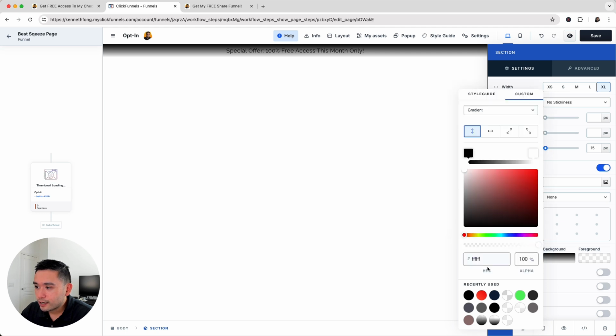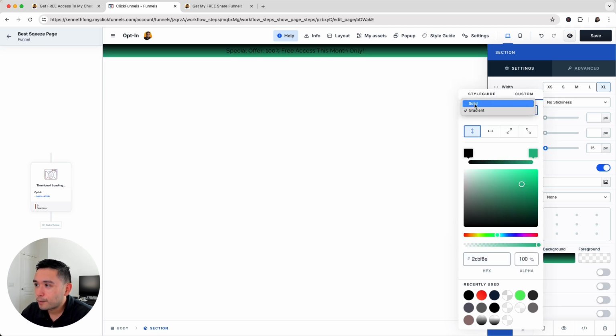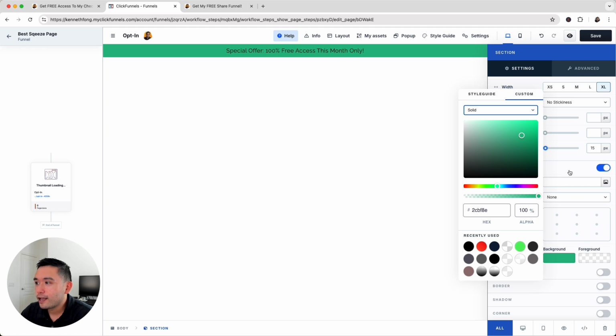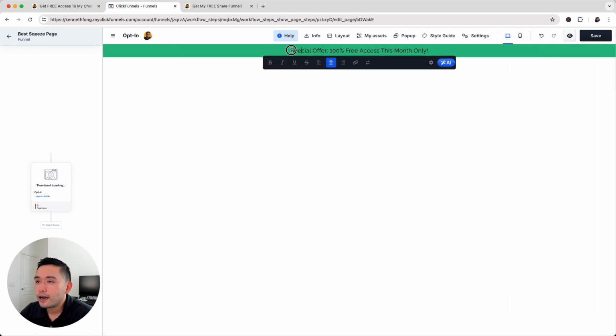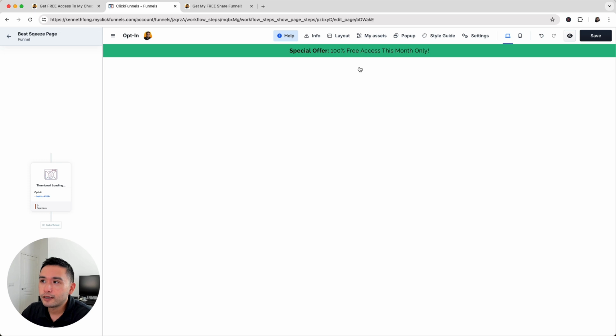But I'm going to go back to custom and add my custom hex code, which is this green. I'm going to click back to solid. Okay, there we go. So we have our background. Now I'm going to highlight special offer and bold it so people can immediately see that this is a special offer just for them. Now that I look at it, the top and bottom is a little too narrow, so